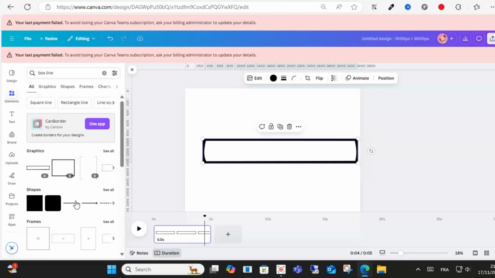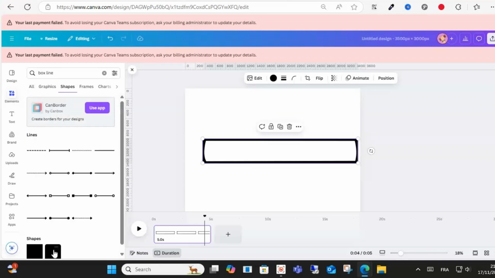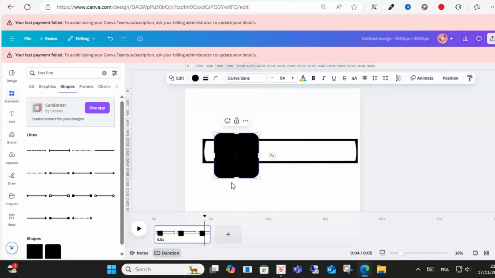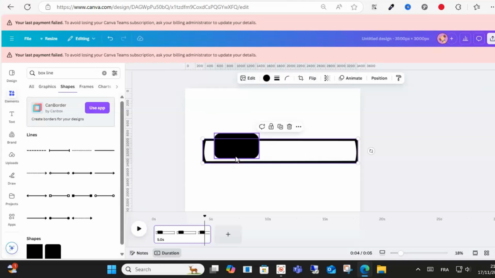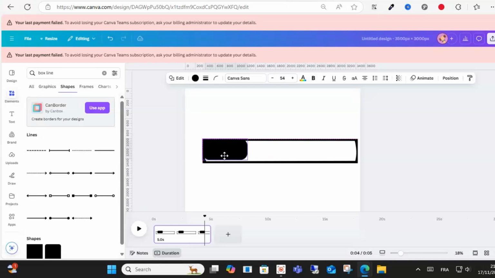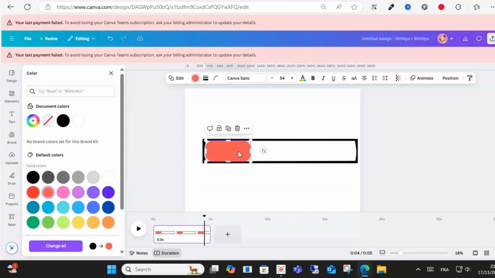After that choose the shapes here, right, this shape as you can see here, and make this one resize with the length of box line here as you can see here, and make here and right here. After that, color these shapes and right and increase the size as you can see here, and right here guys,